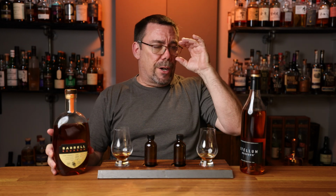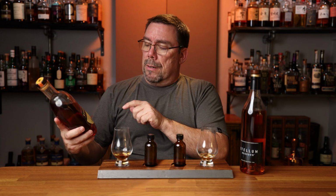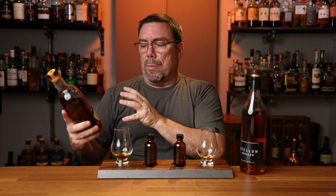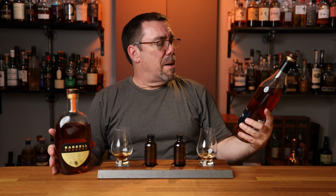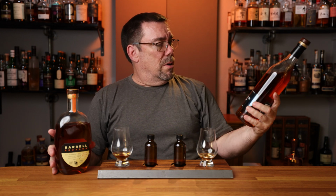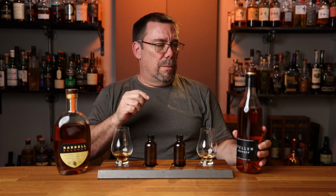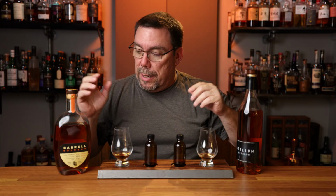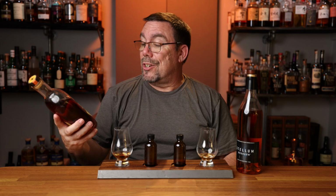All right, so help me out here. I thought Barrell bourbon batches were the more premium product and were supposed to be more expensive than the Stellum line. I'm not exactly positive. So let me know, is the Stellum Black just a lesser version of the Barrell bourbons? I don't know. Or is it the other way? Whatever the case may be, I end up preferring the Barrell Bourbon Batch 34 cask strength, 6 years of age,